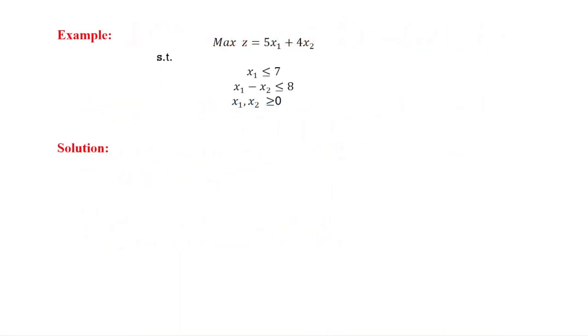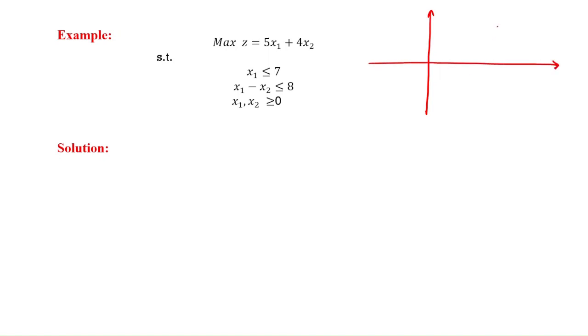So let us consider this example where we have maximize z equal to 5x1 plus 4x2, subject to x1 less than or equal to 7 and x1 minus x2 less than or equal to 8. As we can see, again this is a less than or equal to type and we have to add the slack variables. So if we plot our equations, the constraints,